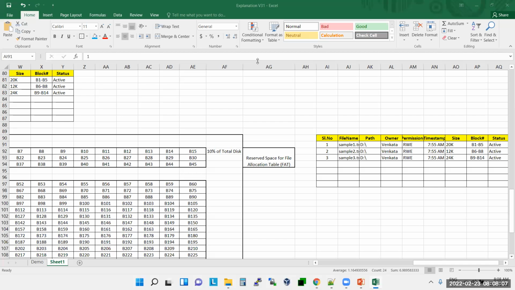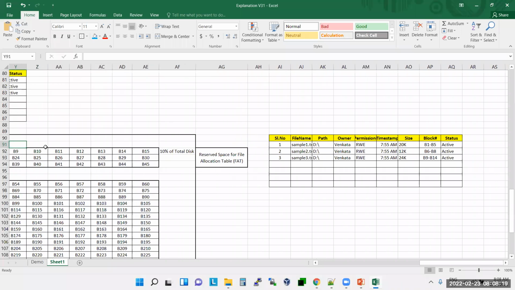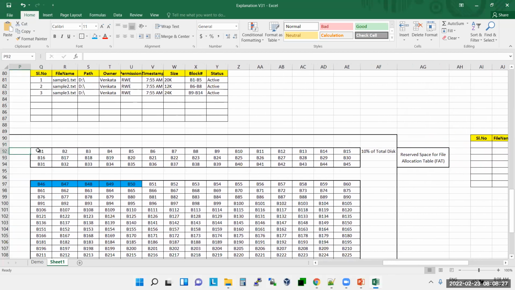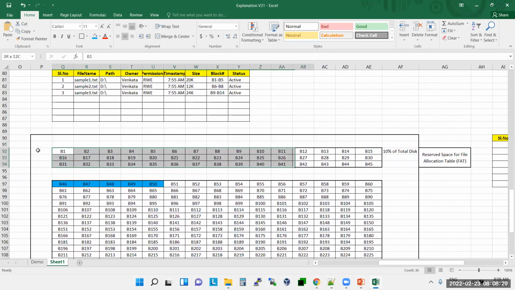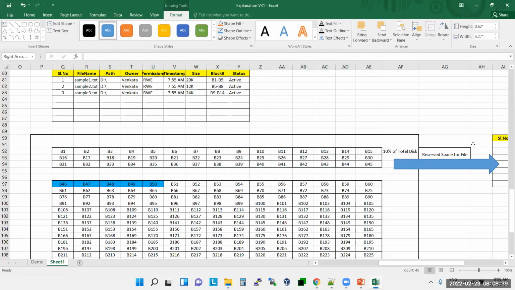Okay, so now this is the reserved space, and this is the content stored in the reserved space. This is the table which is available inside this one. Initially when you don't have any data, this is an empty table here. So this place is also empty. This place is nothing but this table, guys. Understood? Initially, this table is empty. Correct or not?